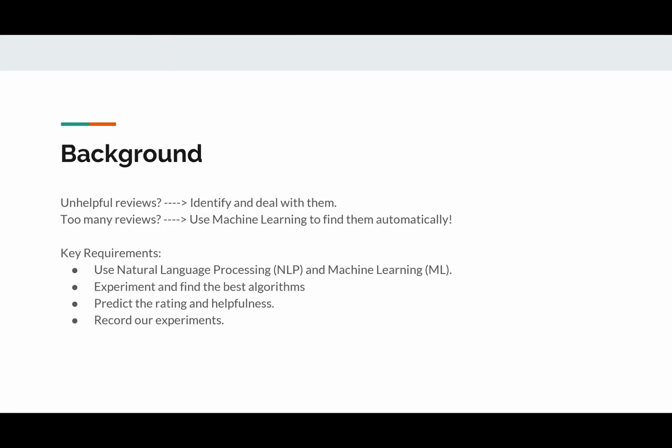The background of our project is, what if you have a lot of unhelpful or bad reviews on your shopping website? Of course, you will want to identify them and somehow deal with them. But what if you have a million of those reviews? It's simply too expensive to do it manually, so using machine learning algorithms to find them automatically would be a